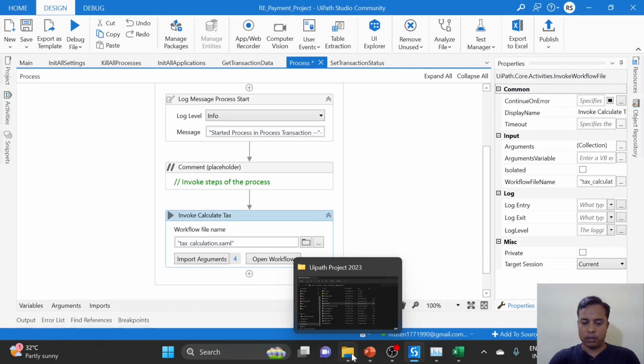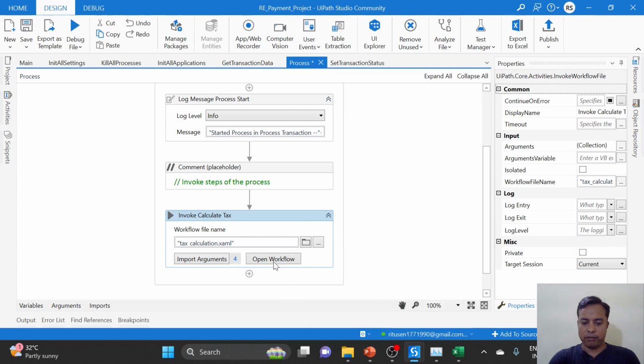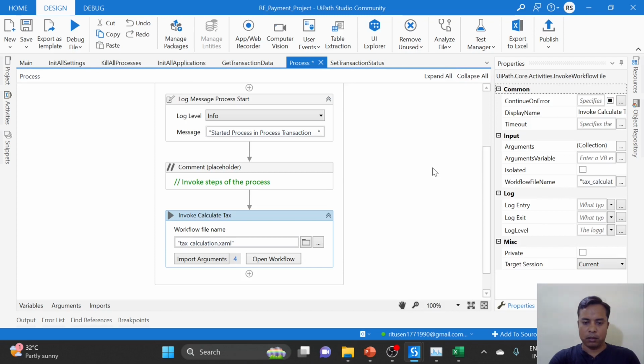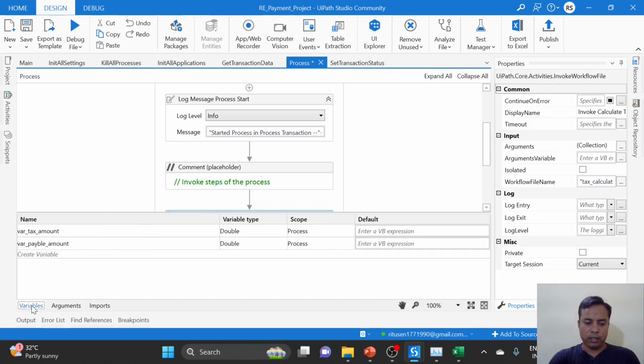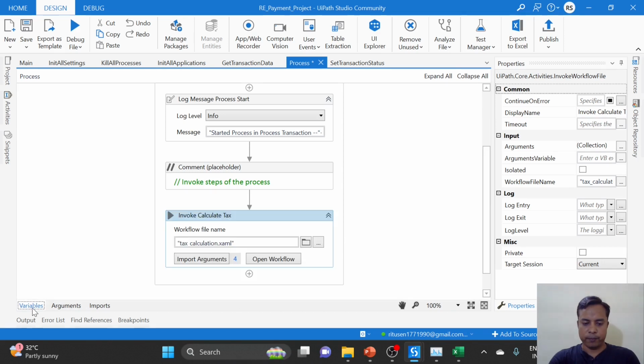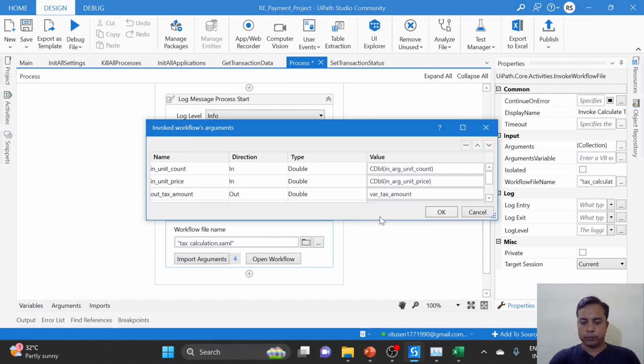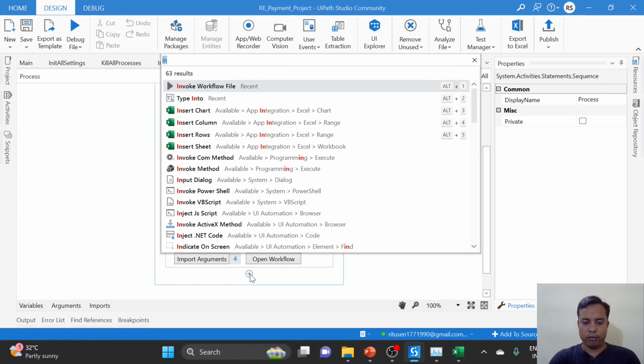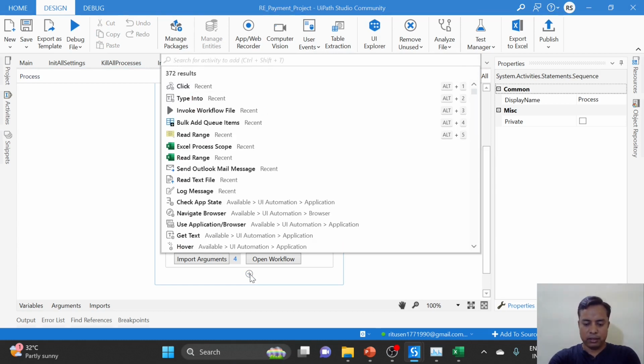So let's open this workflow now and check if these variables are created. Yeah, variables are created. We have this variable here. Now next, when we have all of this information, we have to invoke the next workflow, that is